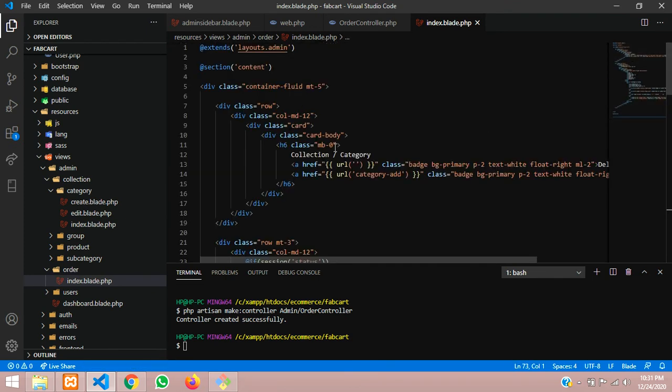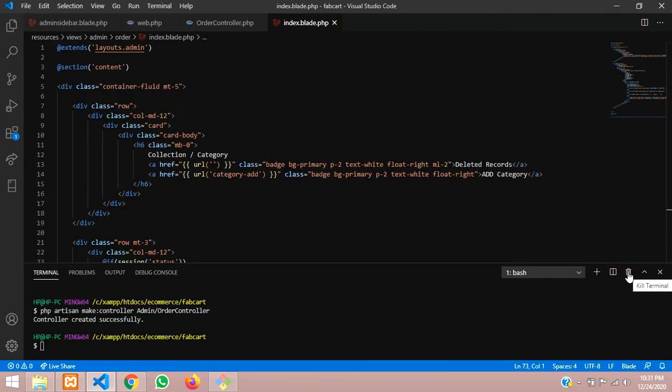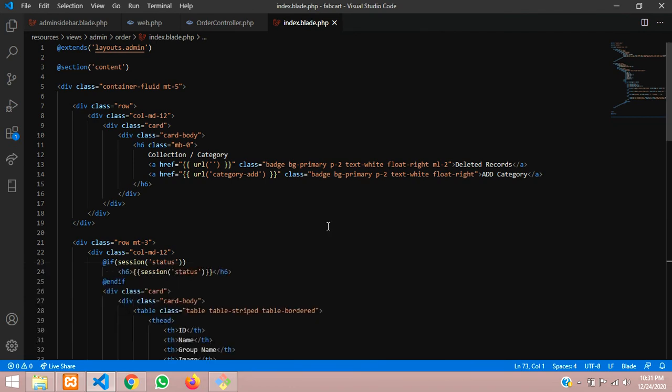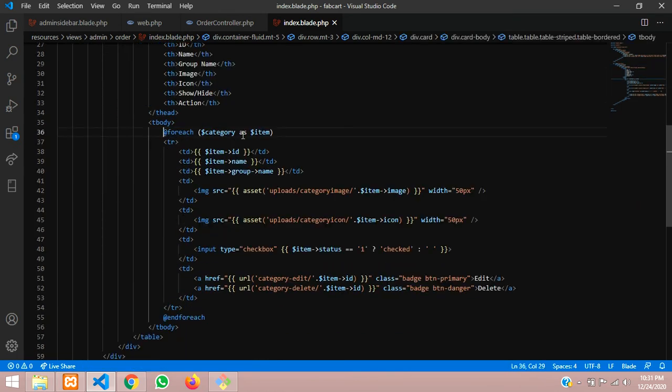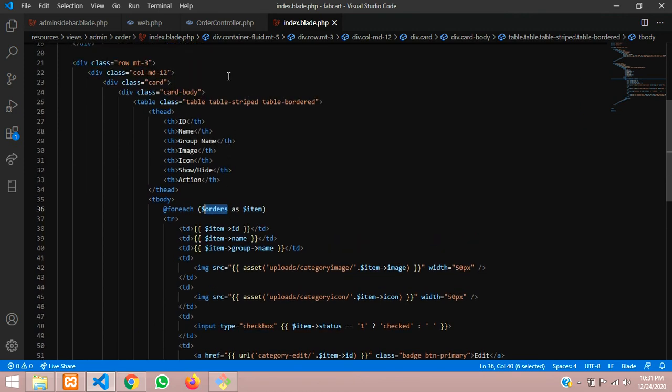Now let me minimize this and close this over here. We don't need this session, and we'll also remove this, and here we are going to add the orders variable. From where are you going to pass this variable? From your controller.